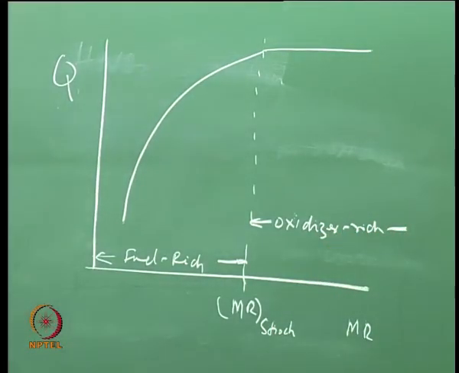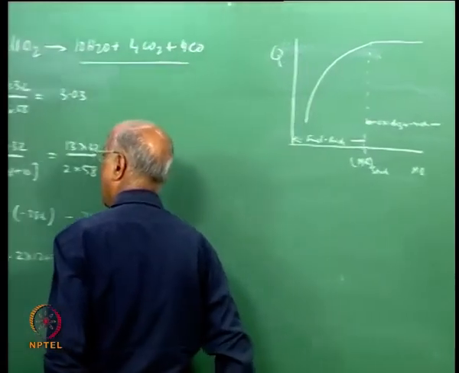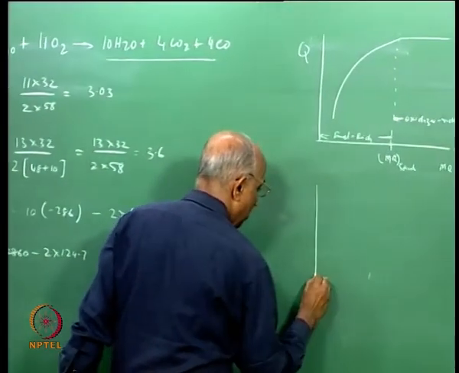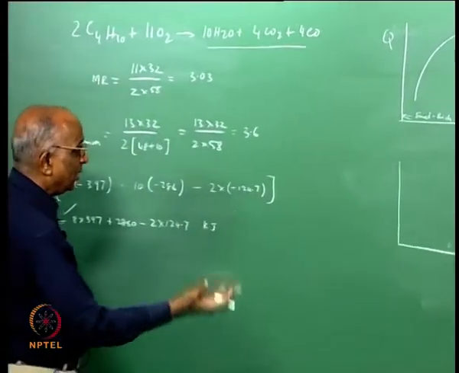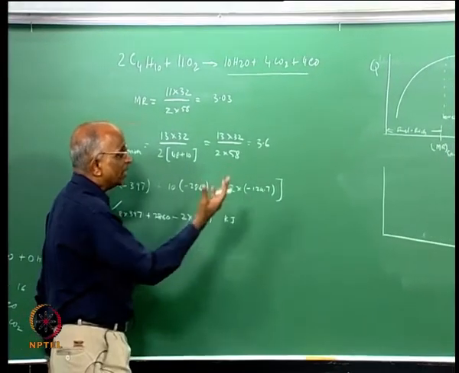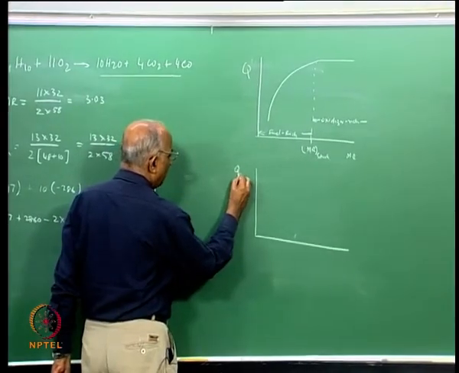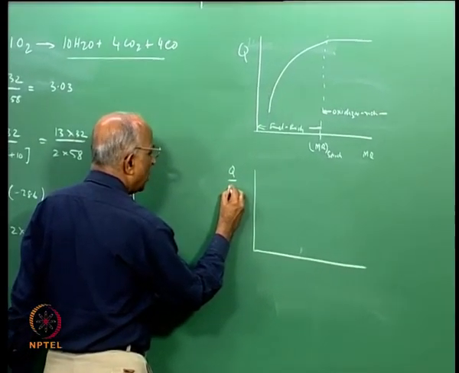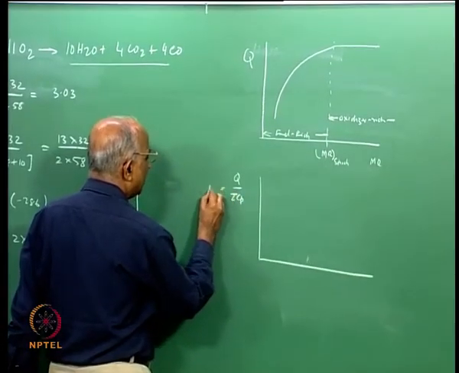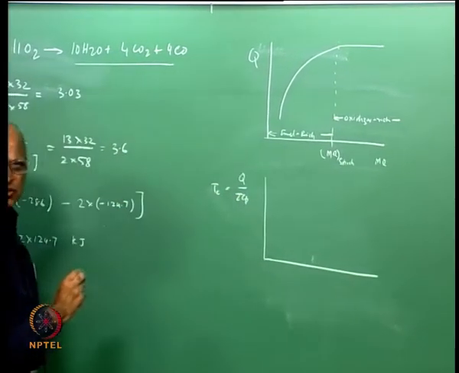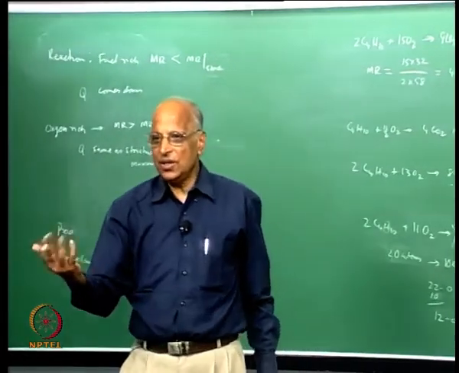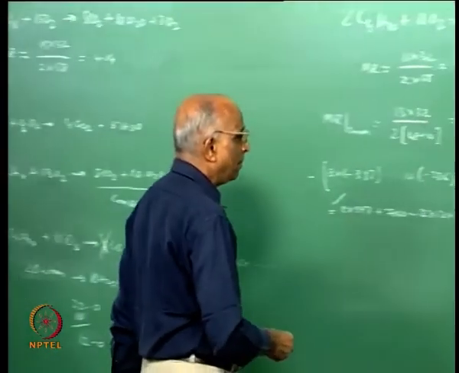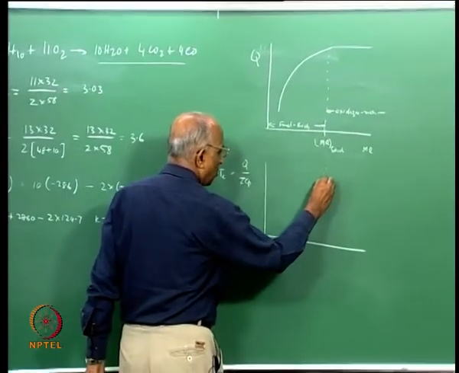Right. I want to convert it to temperature. How do I convert it? We calculated the heat of combustion, or the heat which is liberated in the chemical reaction, by looking at the products, heat of formation of the products. We said it must be less than the heat of formation of the reactants, and that deficit is the heat which is generated. Therefore, if I divide it by the summation of the molar specific heats, this will give me the temperature minus the initial, it will give me the combustion temperature. That means specific heat into the number of moles into the temperature increase is the heat release. Therefore, Tc is equal to Q by Cp, and now again I take the same thing, mixture ratio stoichiometric,